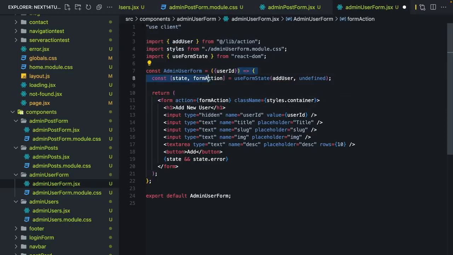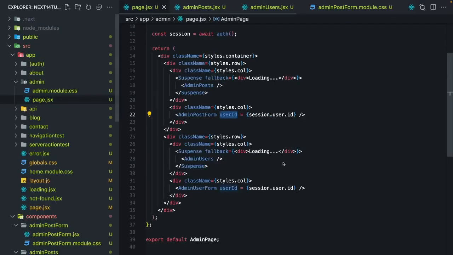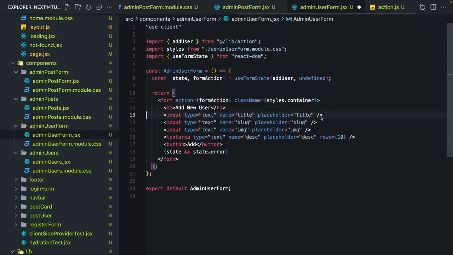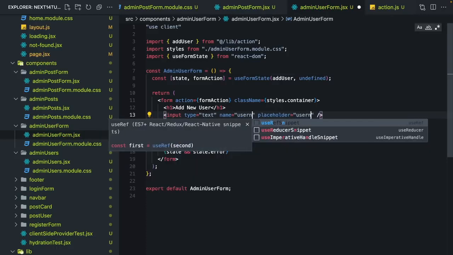Actually, we don't need this user ID. Why did I create that? So I'm gonna delete this and we are gonna need username,